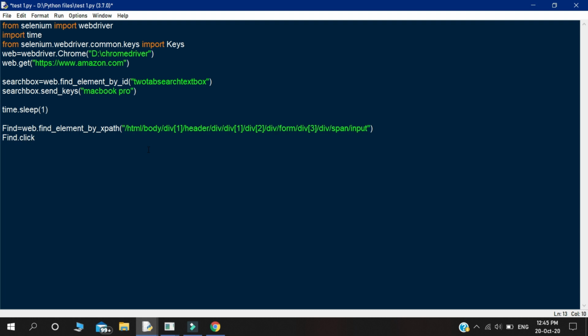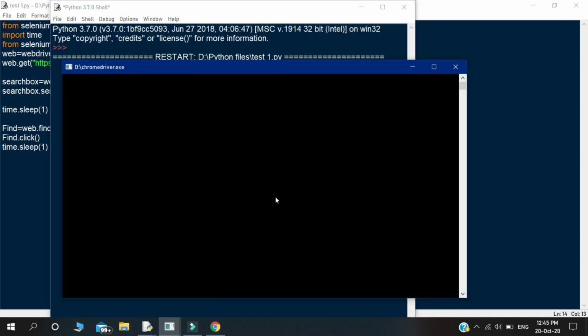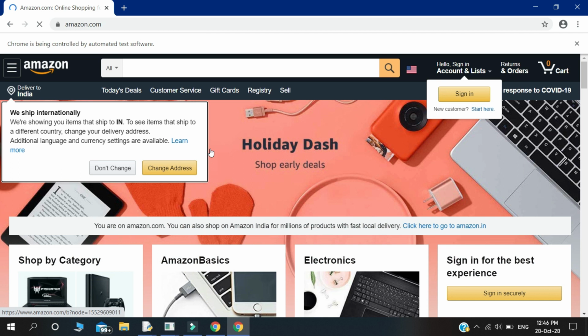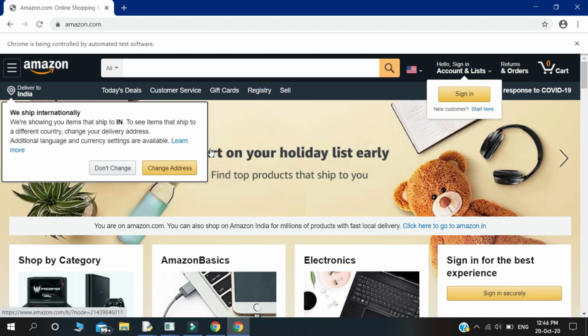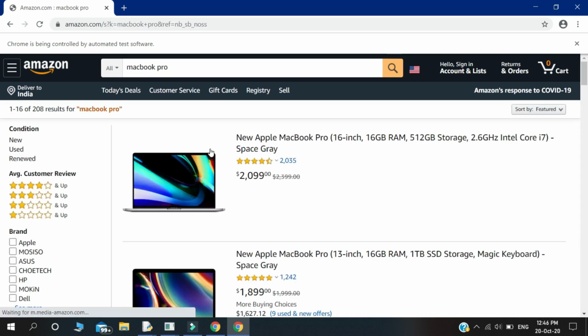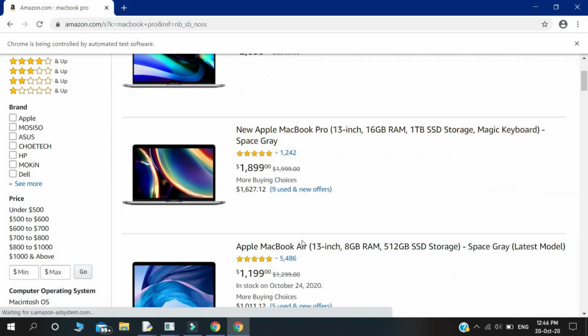Now we need to send a mouse click as an input to the button. Okay, that's all about the code. So let's check this code. Click the run button and that is enough. Now everything is handled by the Selenium library. So we successfully did the product search automation.